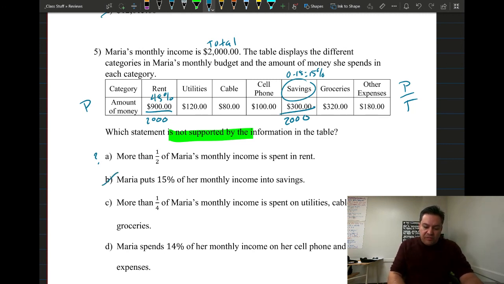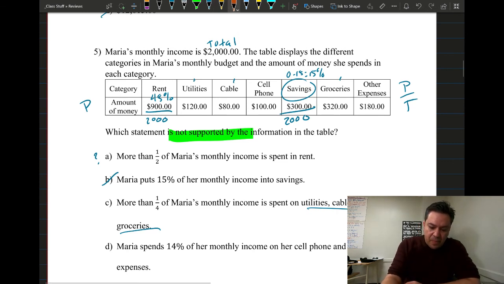A quarter of the income is spent in utilities. A quarter is about divided by 4, okay? More than a quarter goes into utilities. Utilities, cable, and groceries. So first of all, I gotta combine those three together. 320 plus 80, that's 400, plus 120, that is gonna be 520,